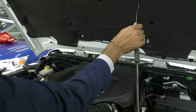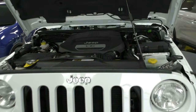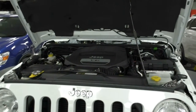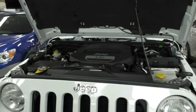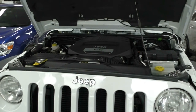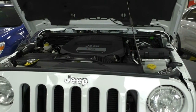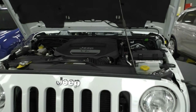Lift up your strut and put it in the holder just in the middle of the engine bay there. Now, as you can see, the engine bay itself does look really good. Usually we get these cars in and they're pretty dirty and dusty inside. However, you can see that this one's in such good condition. It's even got the original factory pieces of cardboard around the